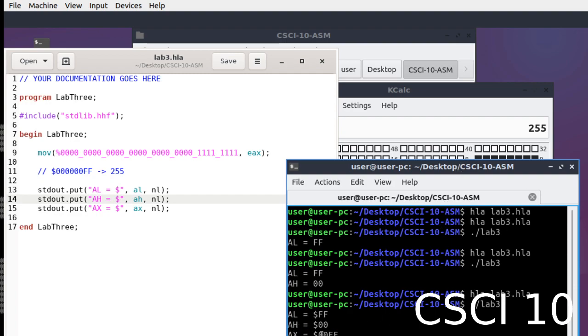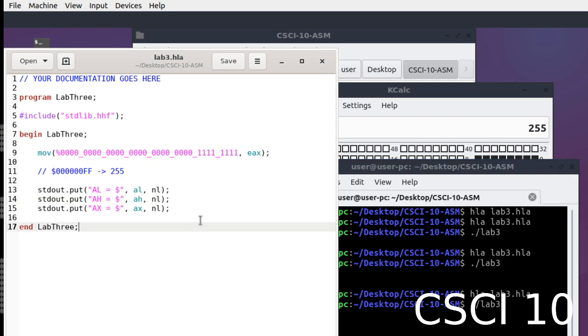So remember, 1 digit of hex becomes 4 bits of binary. So 8 bits is 2 nibbles or 2 hex digits. AH is 8 bits, so 2 hex digits. AX is 4 nibbles or 16 bits, so 4 nibbles is 4 hex digits. And if I do EAX, finally,